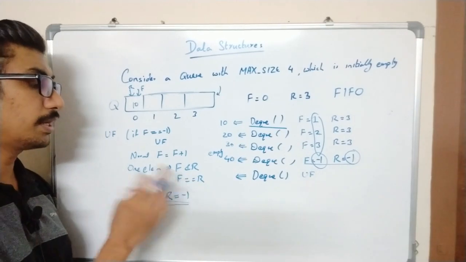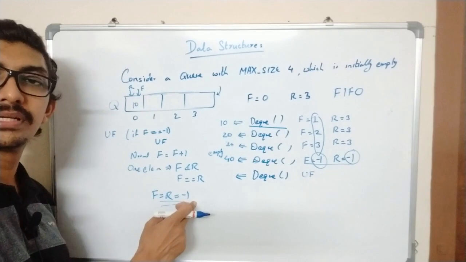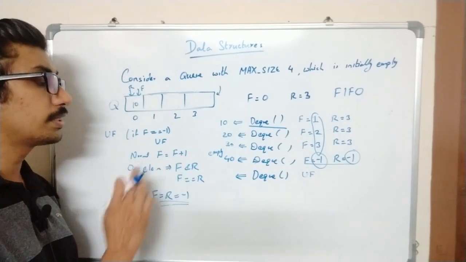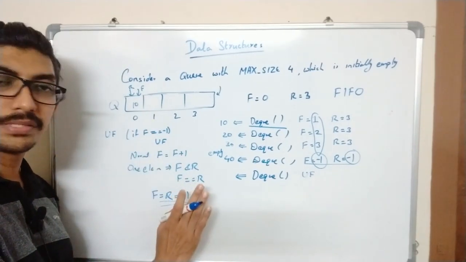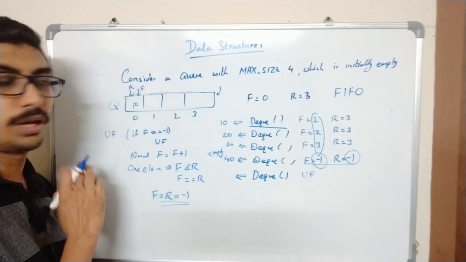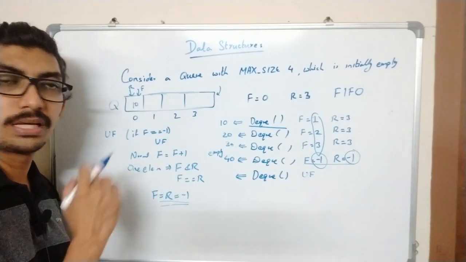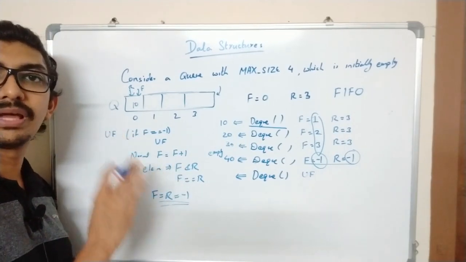So if front is equal to rear, there is only one element. In that case, after deleting, front and rear will be set as -1. In all other cases, rear will remain the same and front will get incremented by 1. I hope it is clear for you. Now in the next session, we will see the algorithm for NQ and DQ.